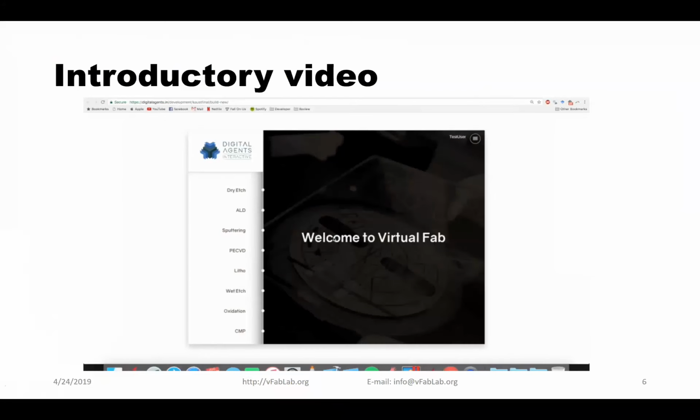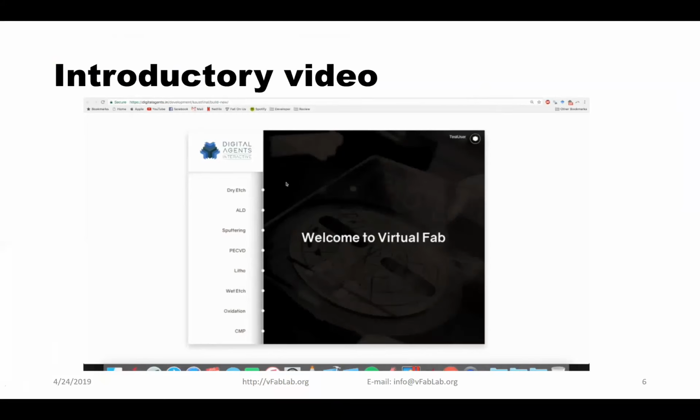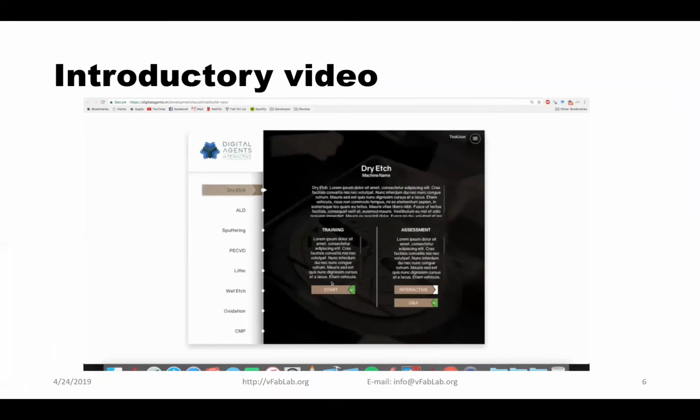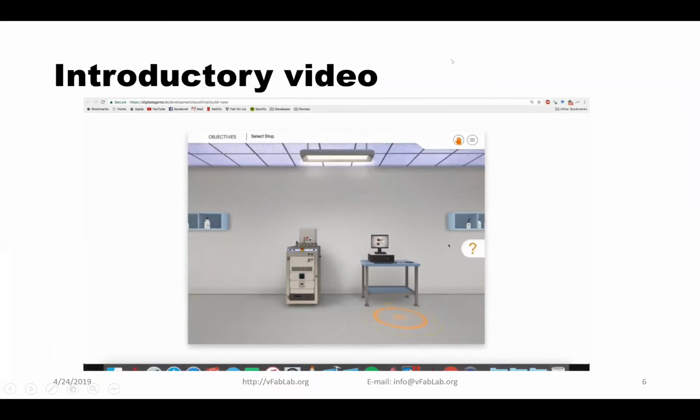Once you have logged on, this will be the screen that appears to you. On the left-hand side are a number of tools that are available in this screen. On the right-hand side is the settings menu with the following help buttons. So for our first task, we shall look at dry etching. In order to start, we click on Start. It shows an overview of what is in the screen. It's the objective,